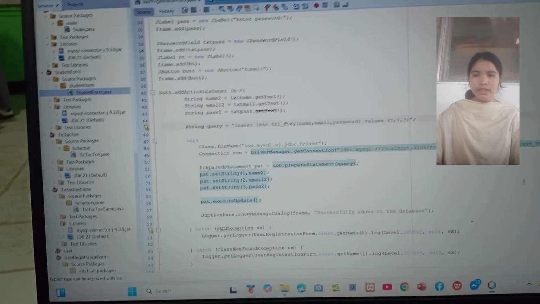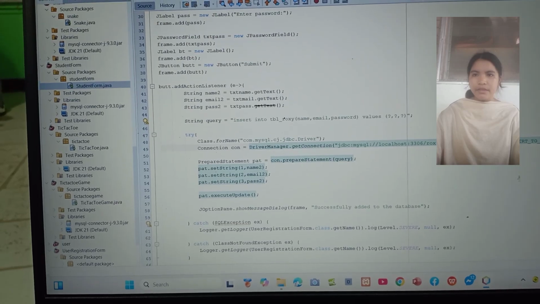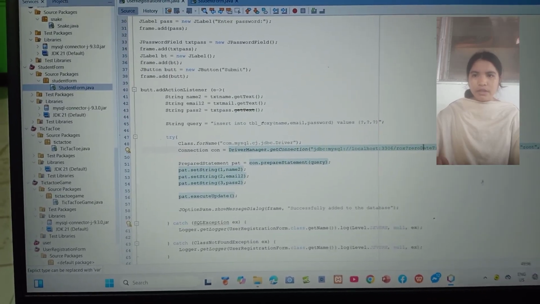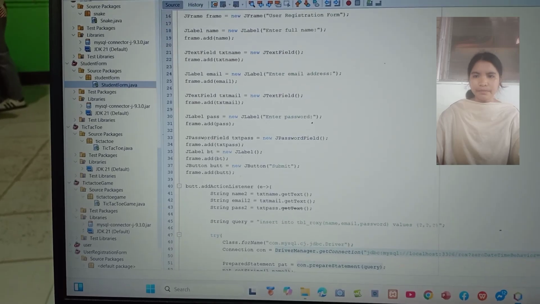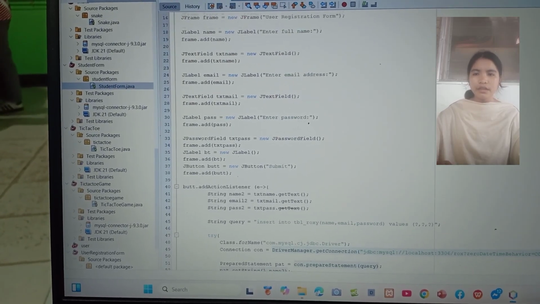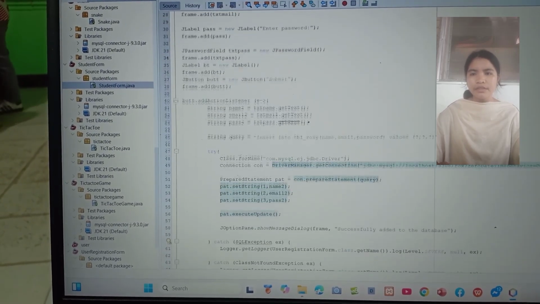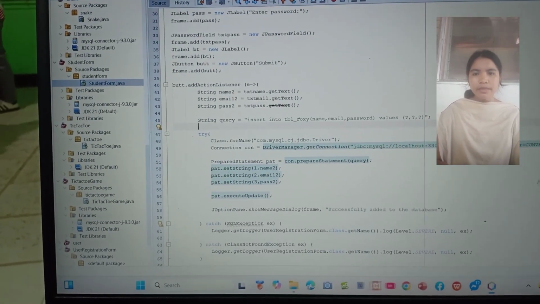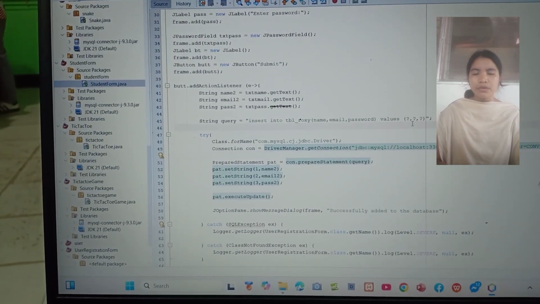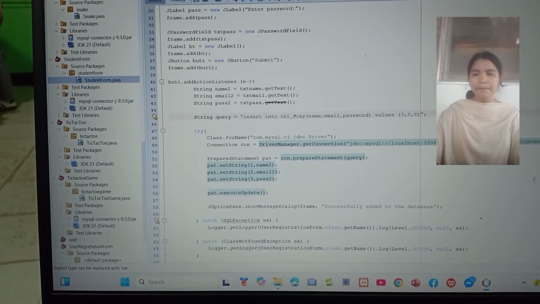The try Class.forName loads the MySQL JDBC driver. The Connection from DriverManager connects to the database, user database, with username root and empty password.